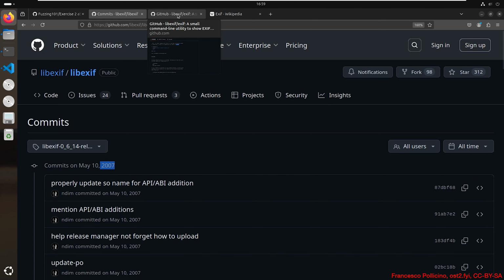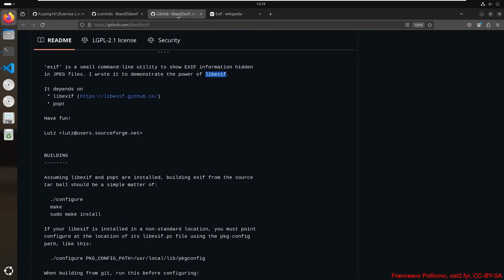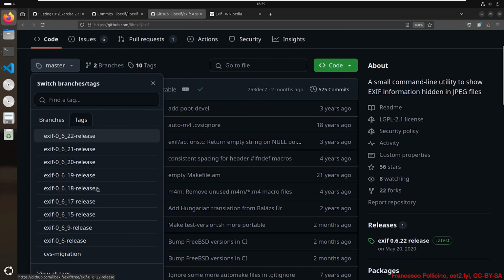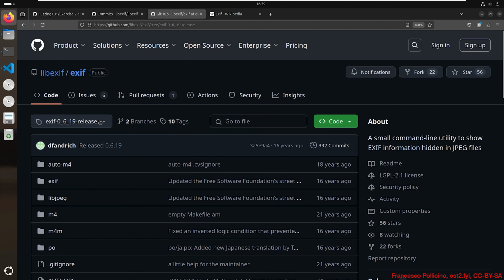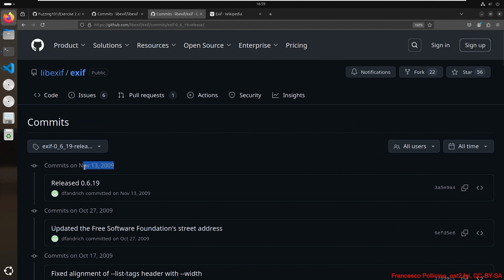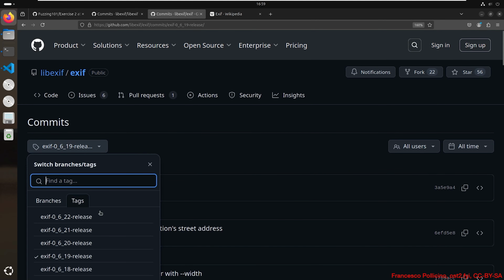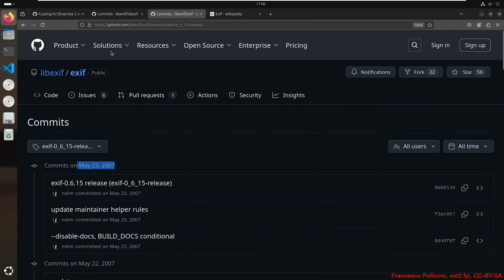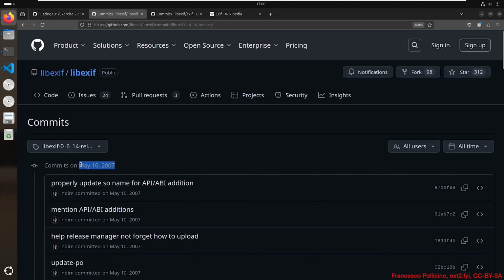Now, if we go back to exif, we can search for a tag with a similar date. In that case, it's 2009. Maybe it's too new. Let's try with this one. Okay, May 2007. May 2007. Okay, and the front end, exif, is after the commit of the library. So it looks good.